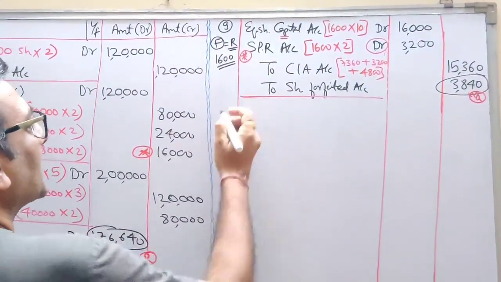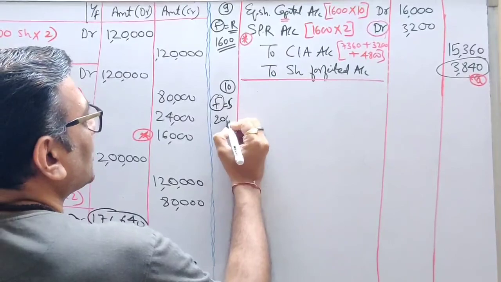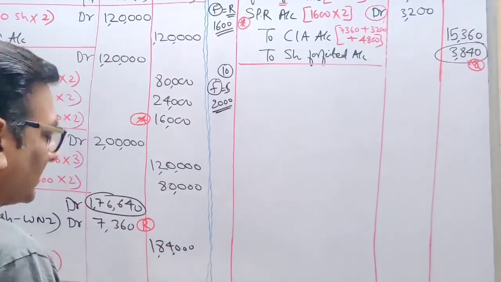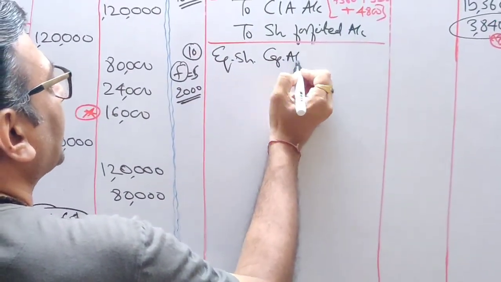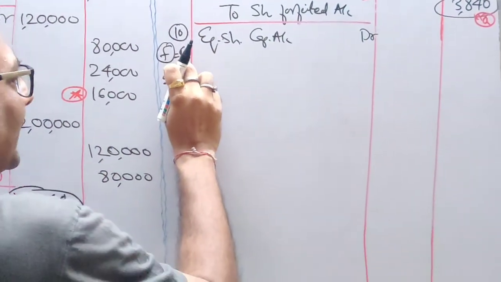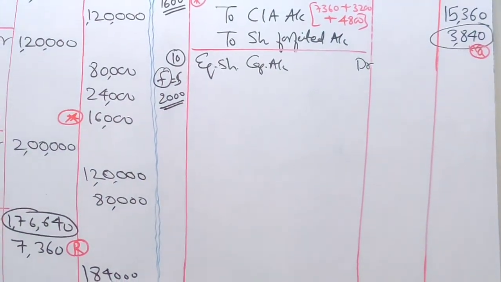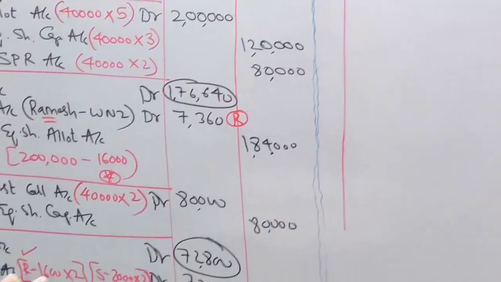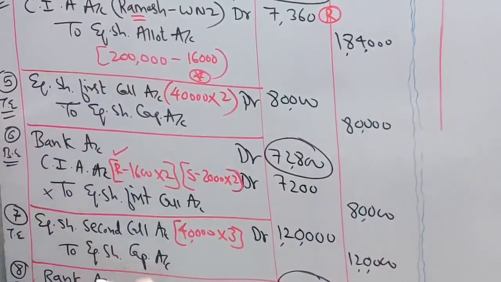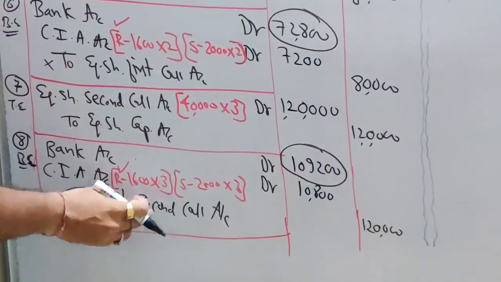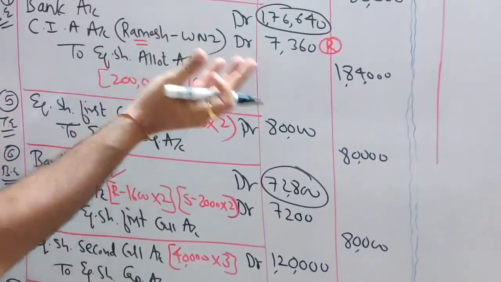Now, let's pass forfeiture ka entry for Suresh. And he was holding 2000 shares. Same entry, equity share capital account debit. But from Suresh, have we received premium money? The answer is yes. Why? Because check here, students. This is the first arrear made by Suresh at the time of first call, and second arrear is this at the time of second call. So he made arrear at the time of call money. Allotment money is received, so premium money is also received.